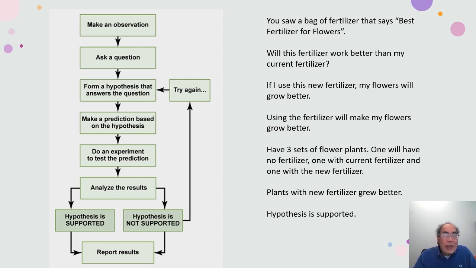Okay, and then we analyze the results. In this case, the plants using Dr. Ken's fertilizer grew better, and our hypothesis is supported. So now we can publish our results, report our results in a peer-reviewed journal so that other people can